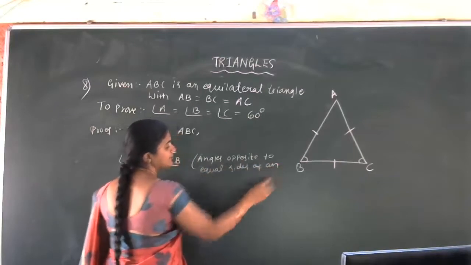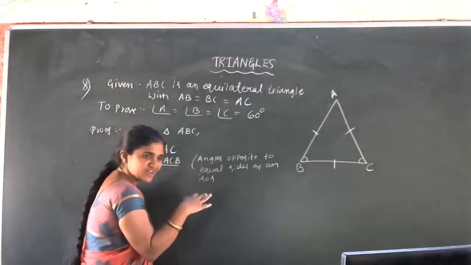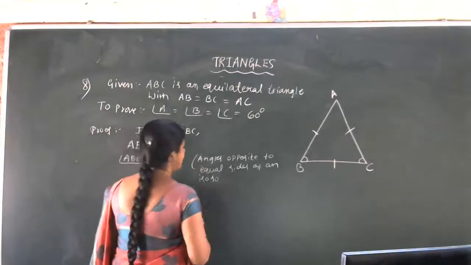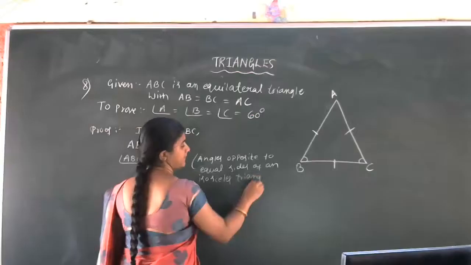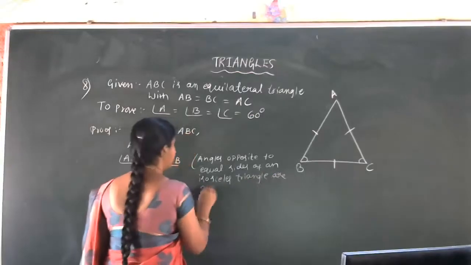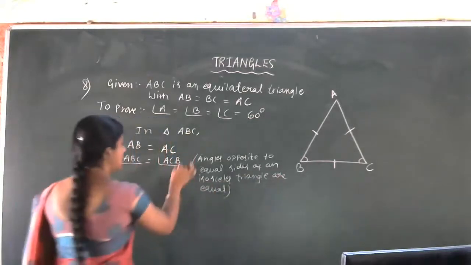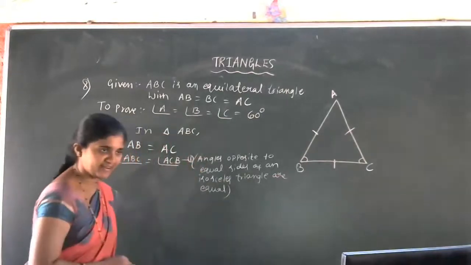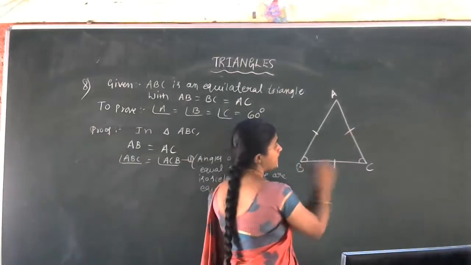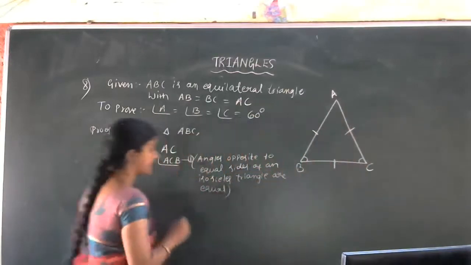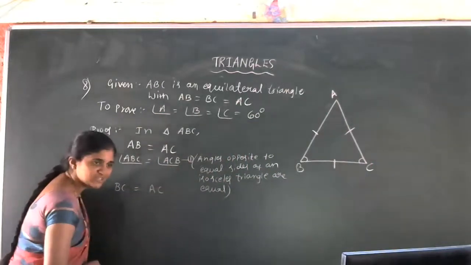So, in triangle ABC, just take any two sides, compare, then apply that isosceles triangle property. Next, again take any two sides, then compare 1 and 2. Things which are equal to the same thing are equal to one another. Then according to that condition, all the three angles are equal. Then apply the angle sum property of a triangle, taking each angle as x for the sum. After the calculation, x will be replaced as ABC, ACB, BAC. Each angle is 60 degrees. Is that clear, students? This is the end of the second exercise.